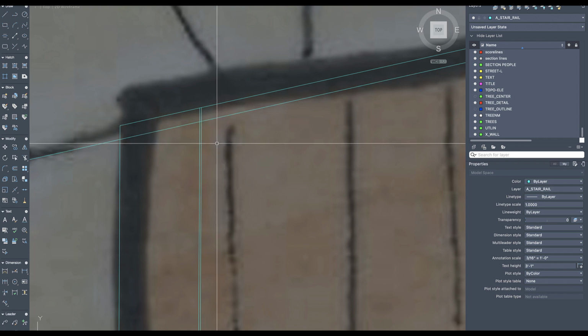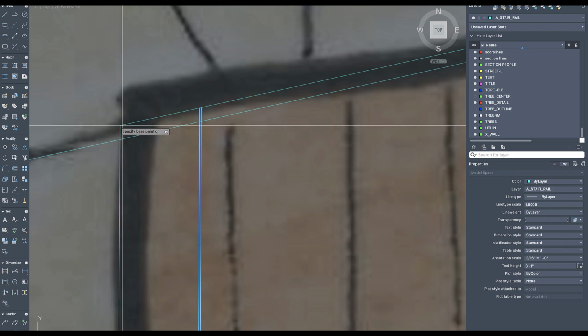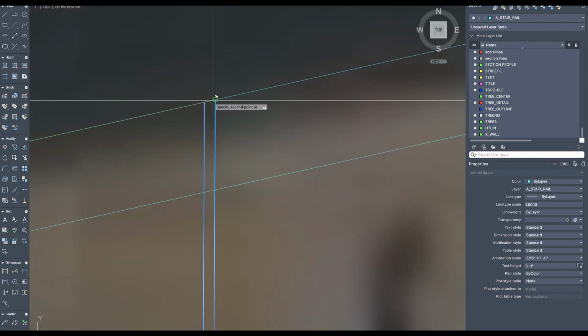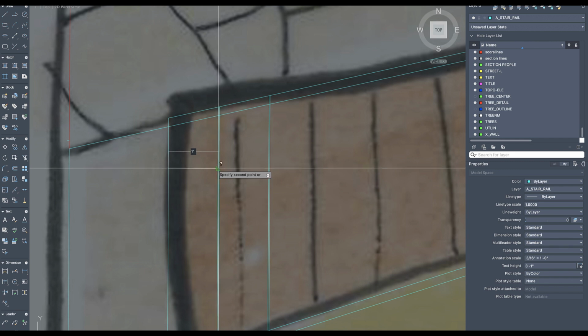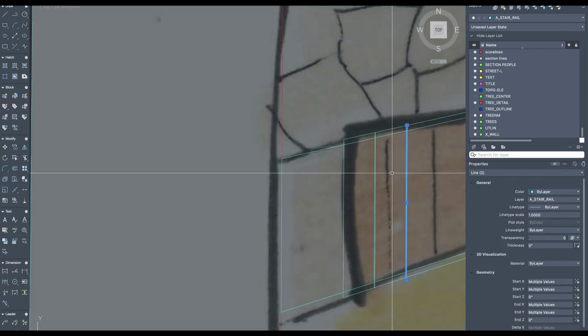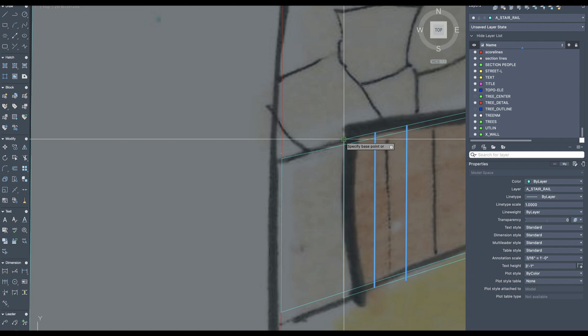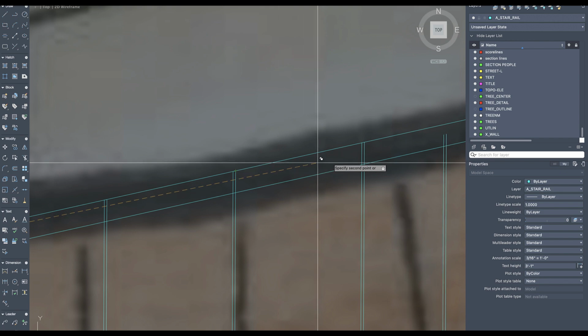What I'm going to do at this point is grab these two lines. We're going to say CO for copy, and we're going to copy them, but we're not going to pick them up anywhere. We're going to pick them up right at the edge of this board here, and drop them off right at the edge of that outside board. If we do a distance, it's going to tell us that we've got this board set at exactly a foot. So a 12-inch board, and we're going to grab both these now, copy again, pick up right here, drop off right there. We can kind of keep going,